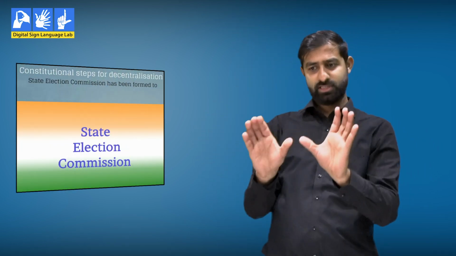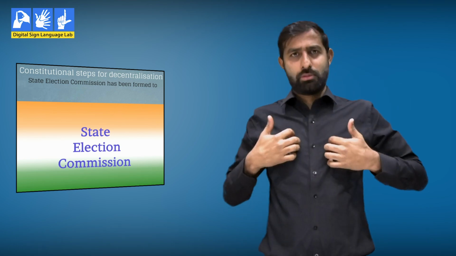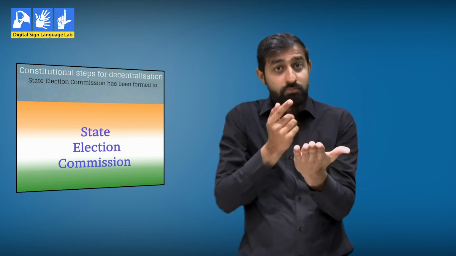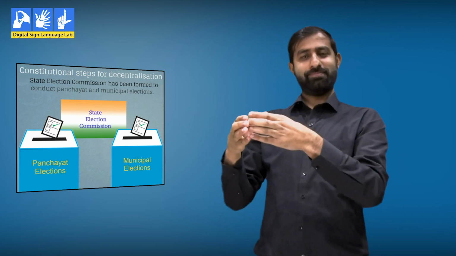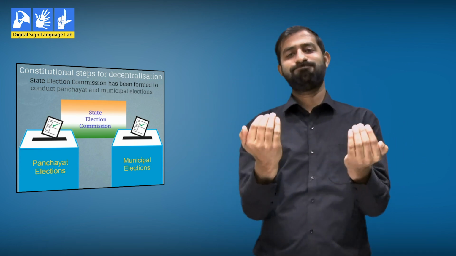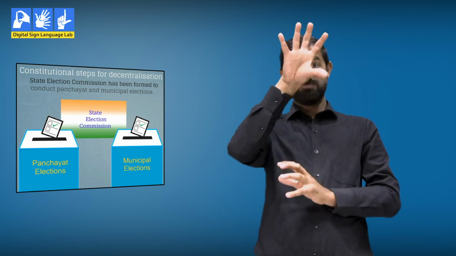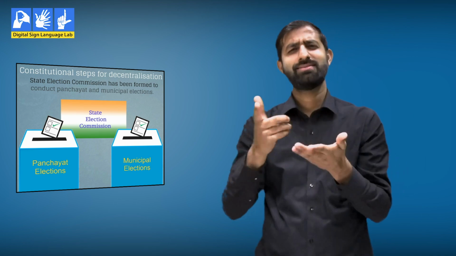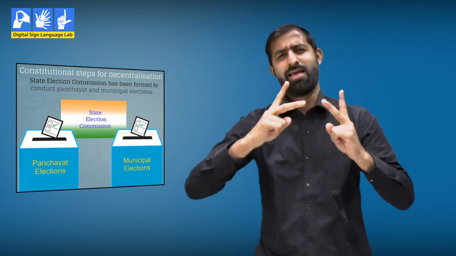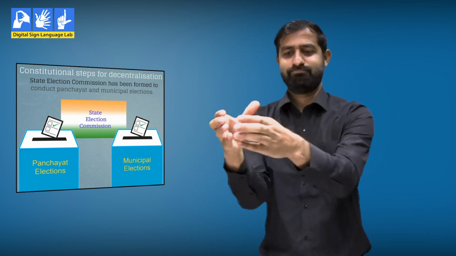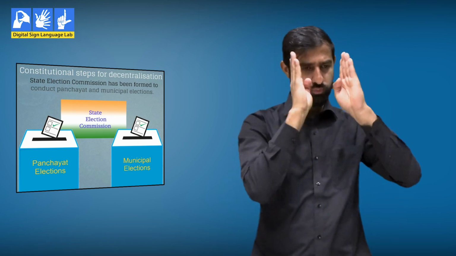State Election Commission. In case any individual is keen on standing for elections, they need to submit their application to the State Election Commission. The State Election Commission is an autonomous body that validates the background and the details of each candidate. Each state has its own state election commission. The state election commissions are not interdependent on each other. They are autonomous.